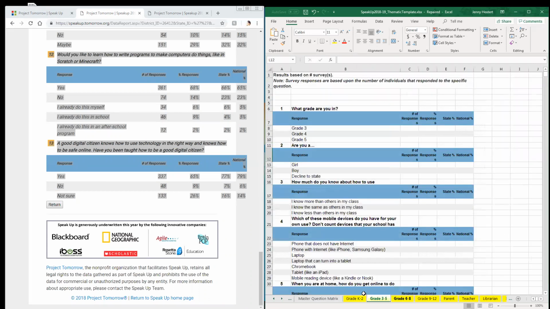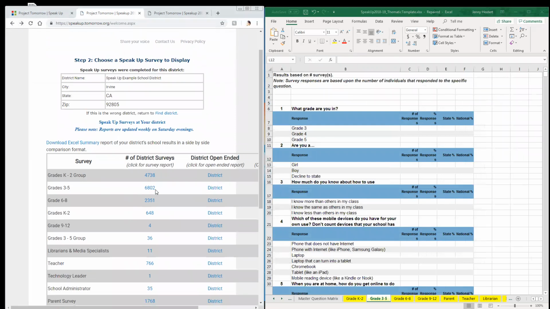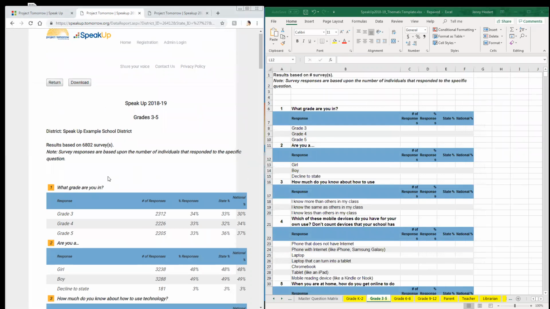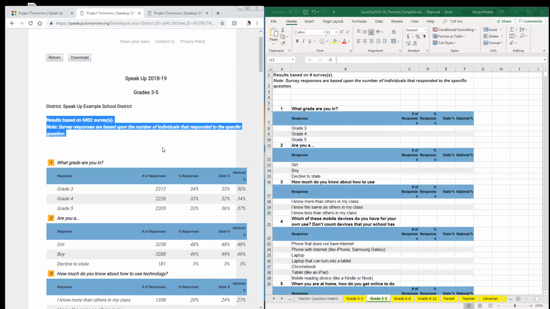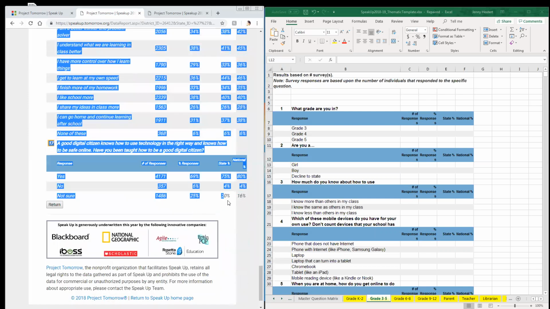And then you just repeat those steps until you're done. So we'll do one more here. And just a note, there is a return button, or you can use the back buttons, but we suggest using the return button. So just, again, just copy from results based all the way down